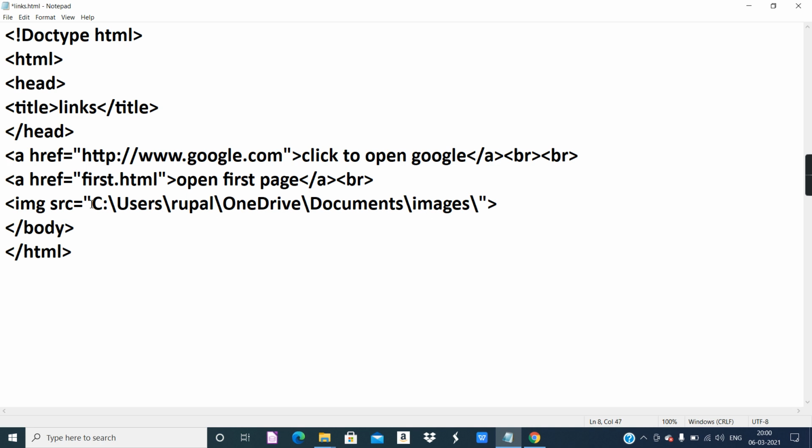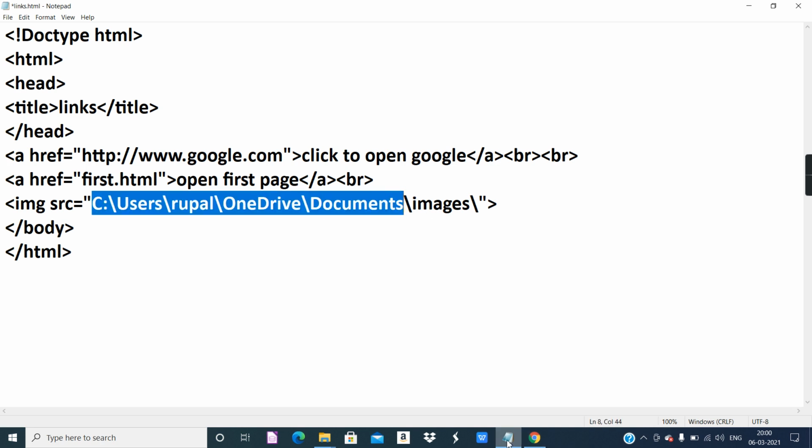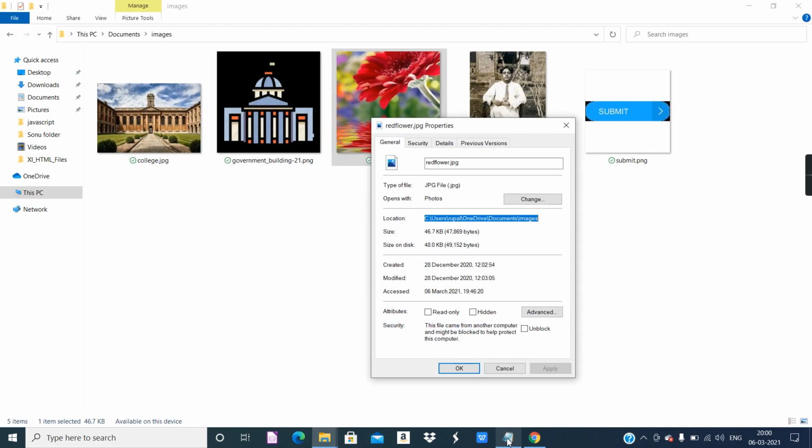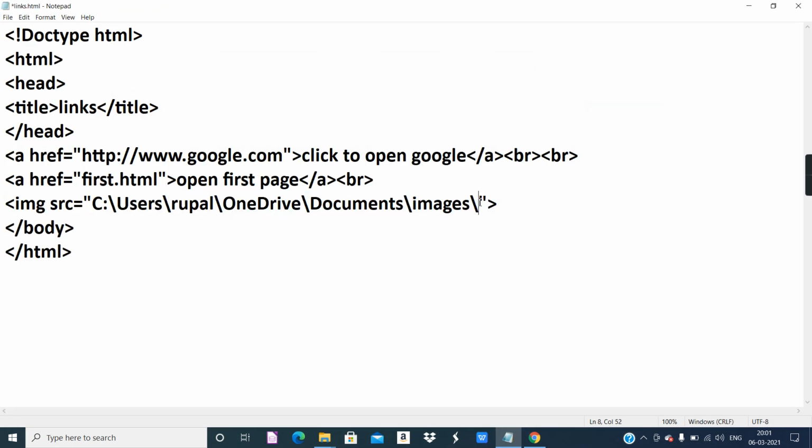So you don't have to actually type all this. You can simply copy from the properties of the image. So you should right click on the image, go to the last option properties and copy paste it. Now the first detail, that is the file name of the image, that also you can copy and paste. Okay, so I will just copy this. This is the file name available in the box, the first detail, copy and paste. And always remember, the extension of the image should also be available.